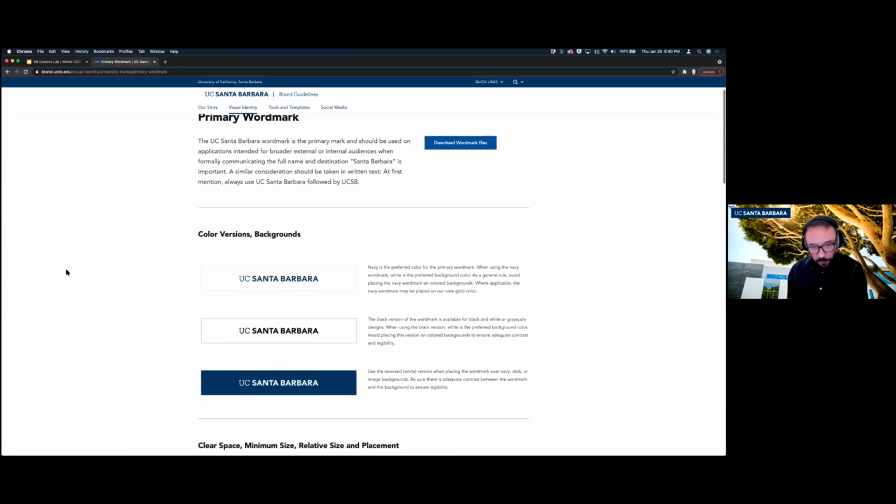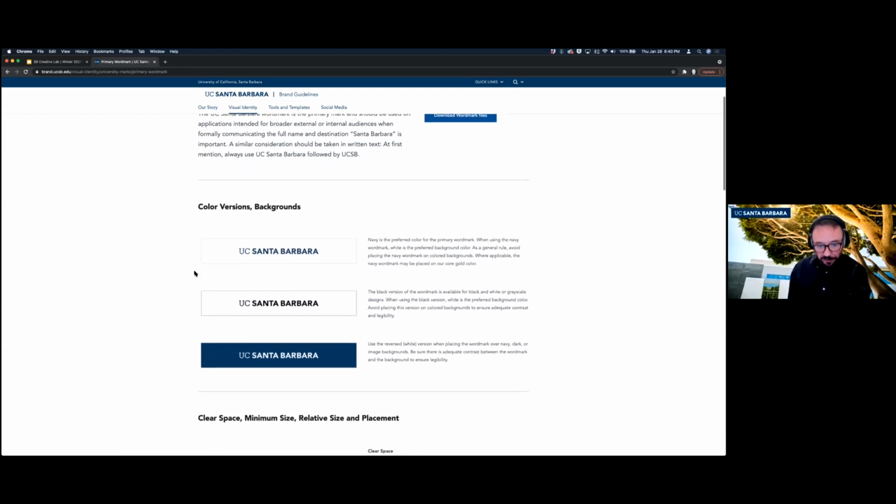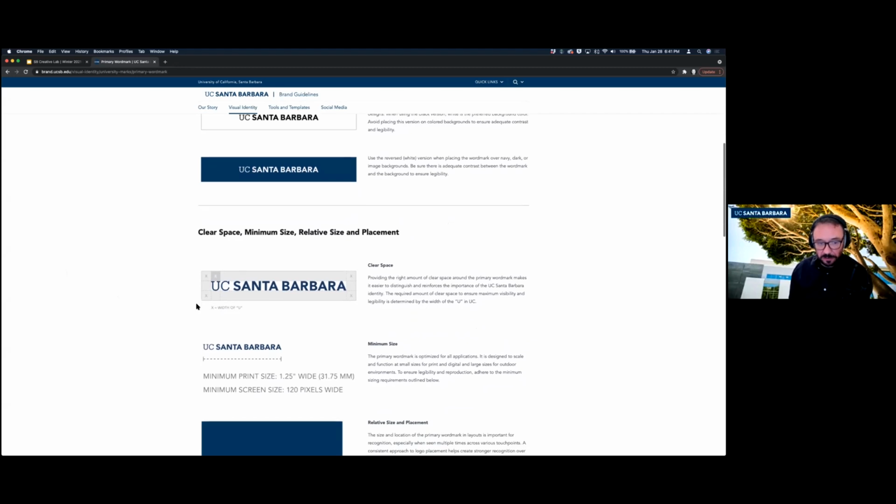And by the way, if you look at brand guidelines for any brand, and you can do this too, pick any brand that you like, go to Google, Coca-Cola brand guidelines. You'll find a whole brand website devoted to it, and probably even a downloadable PDF and downloadable logos. Most brands have this stuff public now, and you'll see that probably all of them have guidelines around how to use the identity, and they're always going to have clear space, minimum size, relative size, and placement. These are the fundamentals.